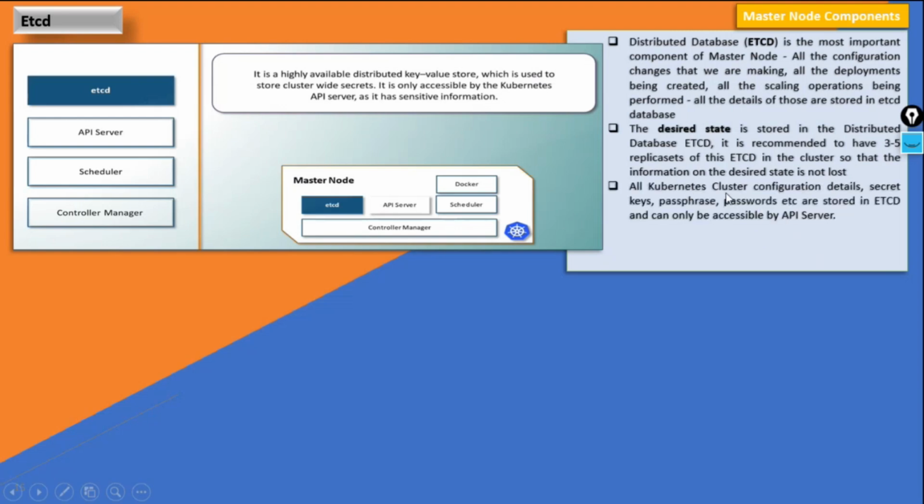All Kubernetes cluster configuration details, secret keys, passphrases, passwords, etc. are stored in etcd and can only be accessed by the API server if you know how to access them. If you are an administrator, you know the commands, you are entrusted by the company to administer the cluster. So you are a reliable person. You have the knowledge of how to extract the data out of etcd. But it has all to come to the API server because